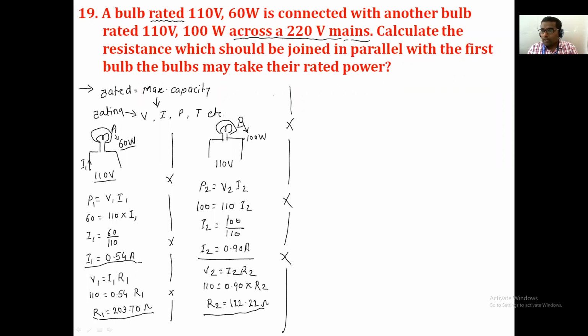If we think that they are connected in parallel, it means that 220 volt is available for both the bulbs. And when we connect the 220 volt to both the bulbs, definitely the bulbs will be damaged, because the requirement is only 110 volt. And we know that when they are connected in series, definitely 110 goes to lamp A, and another 110 goes to lamp B, and here our circuit property will be fulfilled. It means that they should be connected in series.